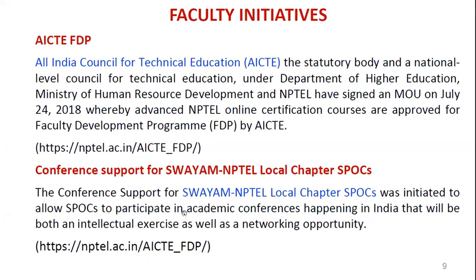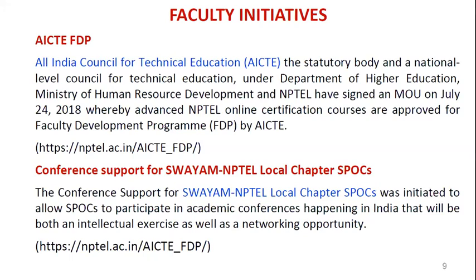If your college doesn't have an NPTEL local chapter, you can start one immediately. This is free of cost; you don't need to pay anything. On the NPTEL website, there is a letter showing the MOU copy. You can fill in that MOU copy, signed by the head of the institution. Then you can designate one person as the SPOC, the single point of contact. You can submit that letter to the NPTEL local chapter email ID. Then they will give the confirmation that your college is now added to the local chapter.